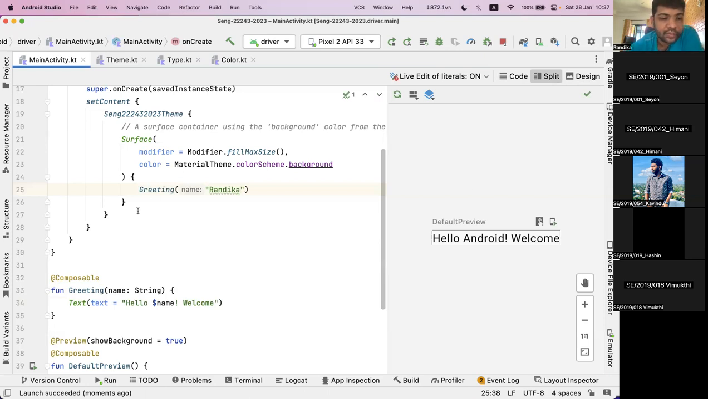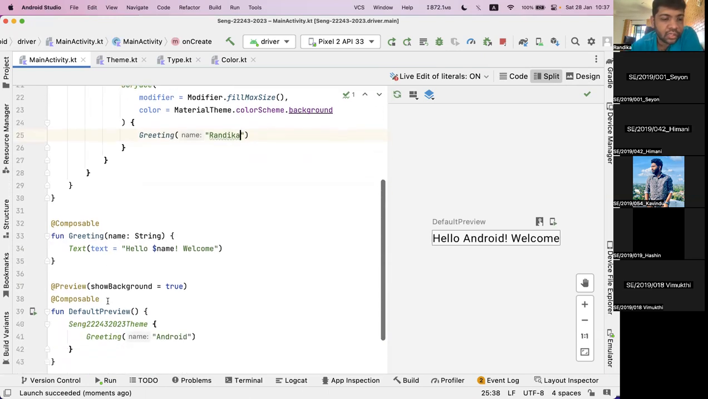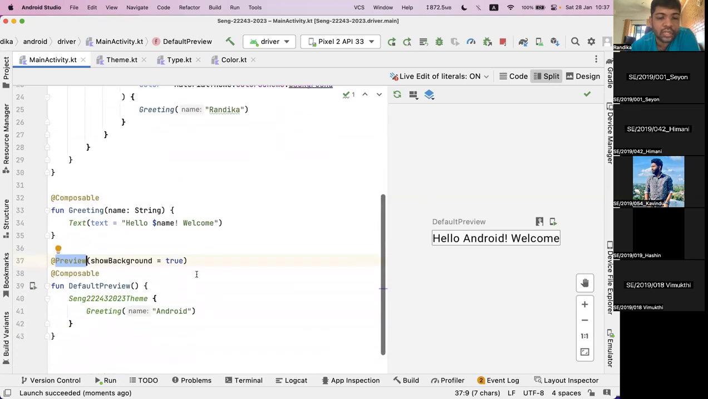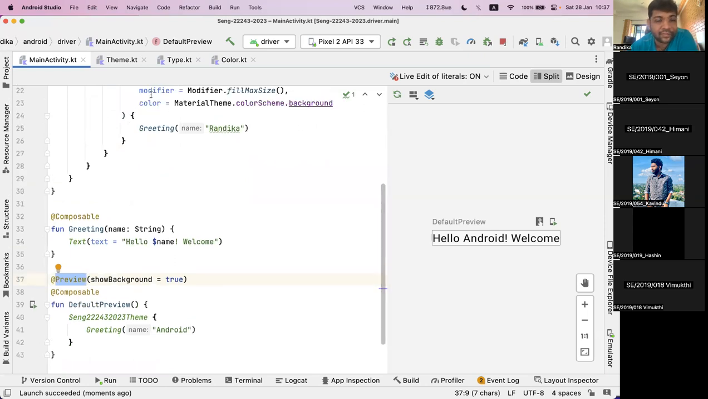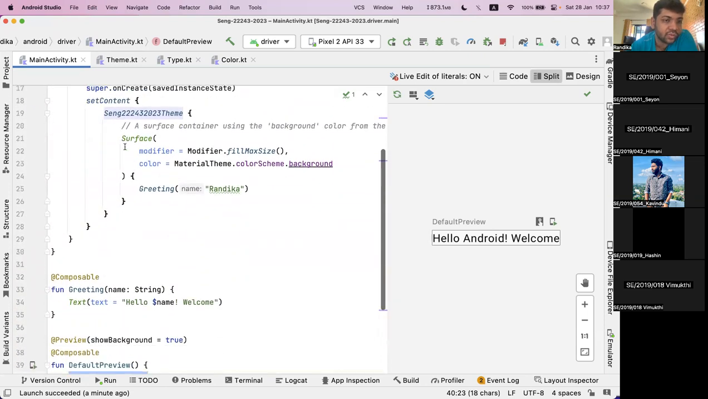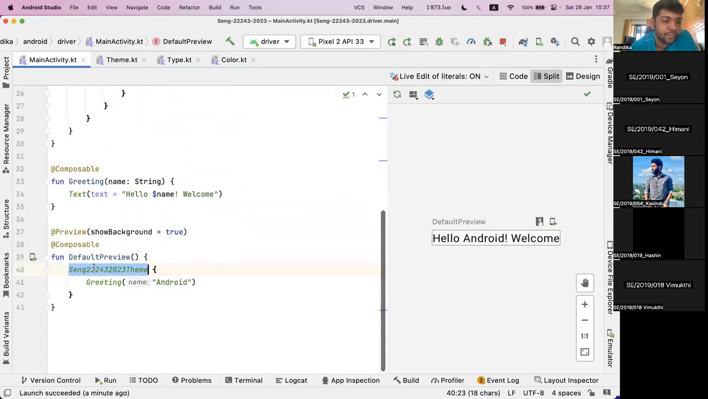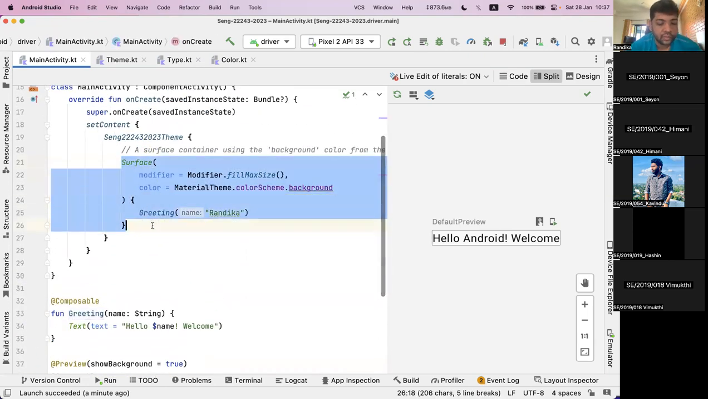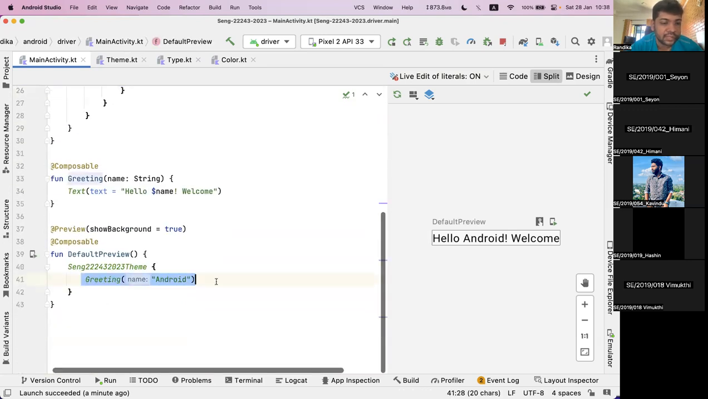That's because we have something called a preview in here. This is the preview mode which we see in here. This is not the live mode, this is the preview mode. If I want to see a preview of whatever we are trying to show, we can set a default preview here, and arrange these things as we like. You can see that in the default preview mode, we are using the theme and the greeting. We are not going with the surface view, but if we go with the surface view and put the same thing in here,